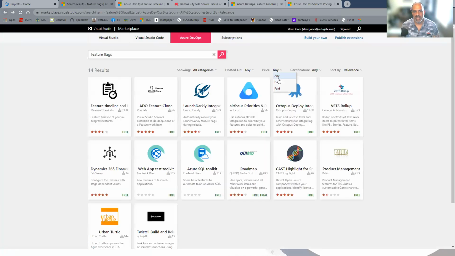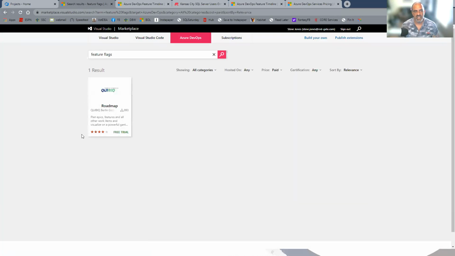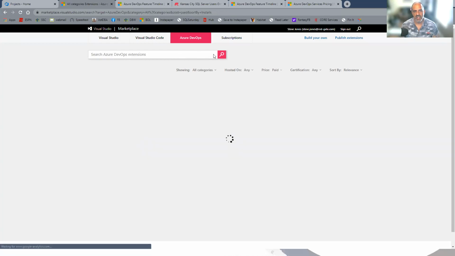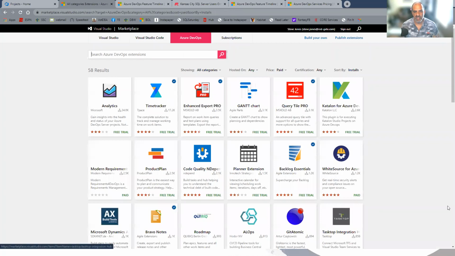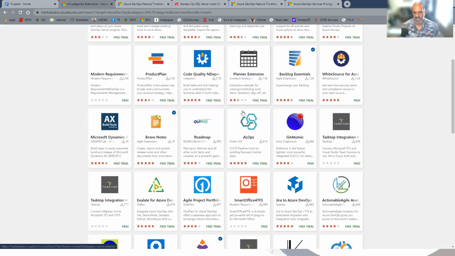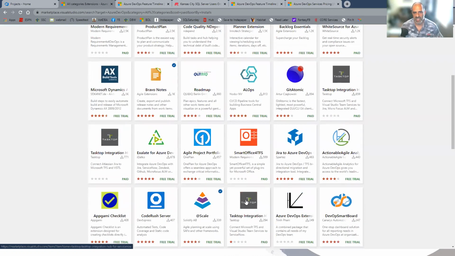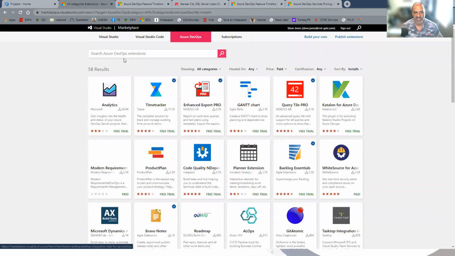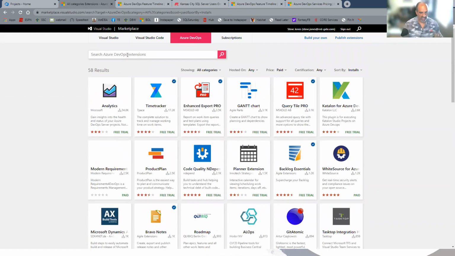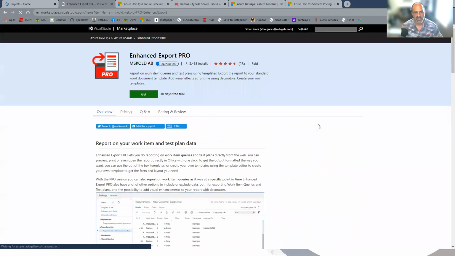If I come back here, and what if I were to say paid? Well, there's one in the feature flag area here that's paid. There are plenty of just generic ones that are paid. For example, if you really like Gantt charts and you want that added to your burn down chart, to keep track of stuff and who's doing what and all of that. If you want some of this AI stuff, there's a lot of stuff in here. There's also a lot of these that say free trial, right? So here's an